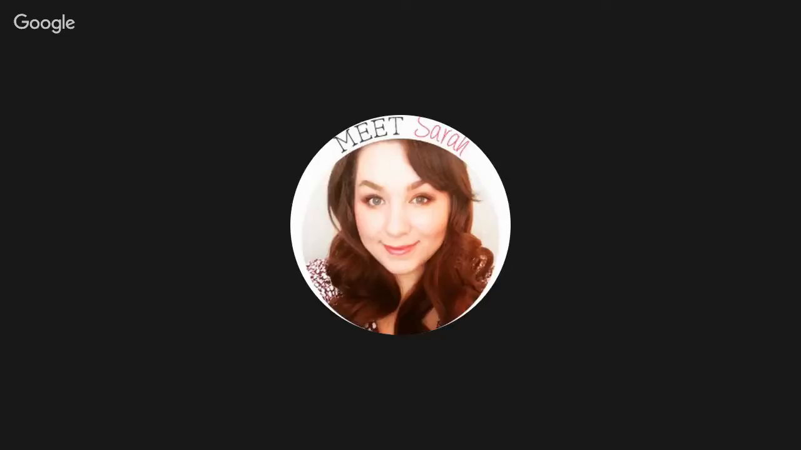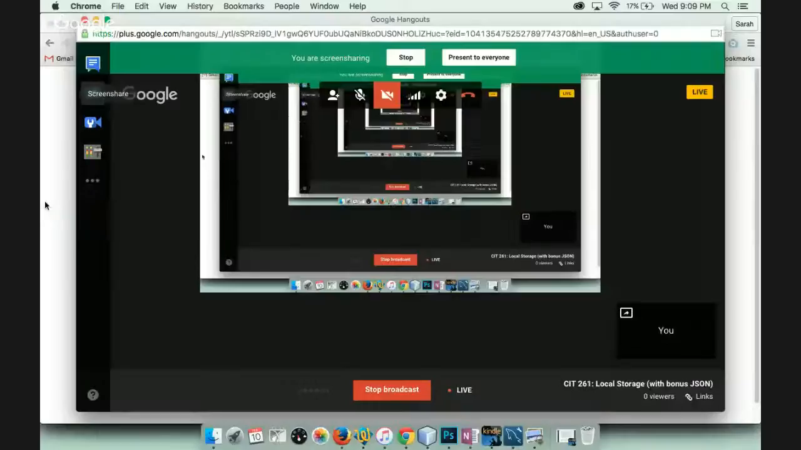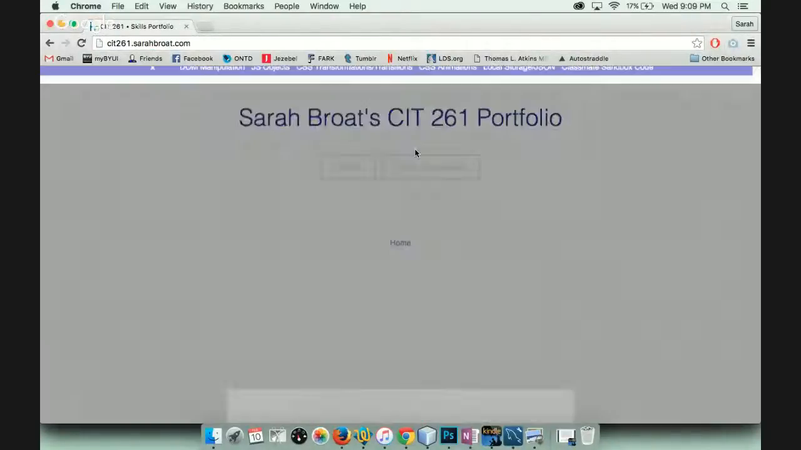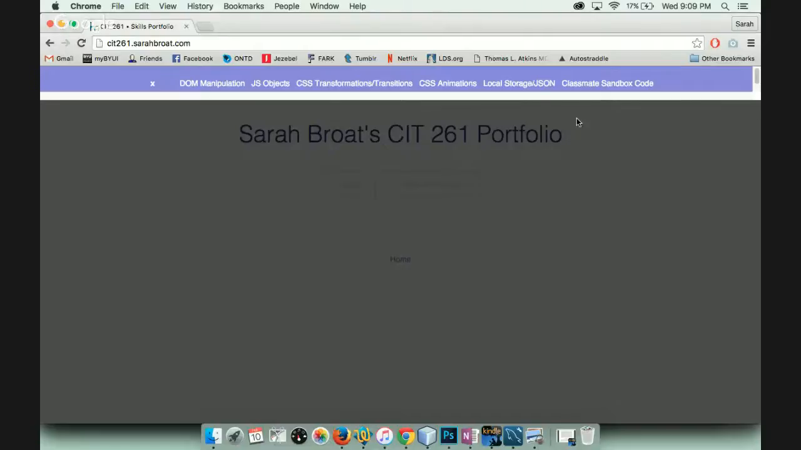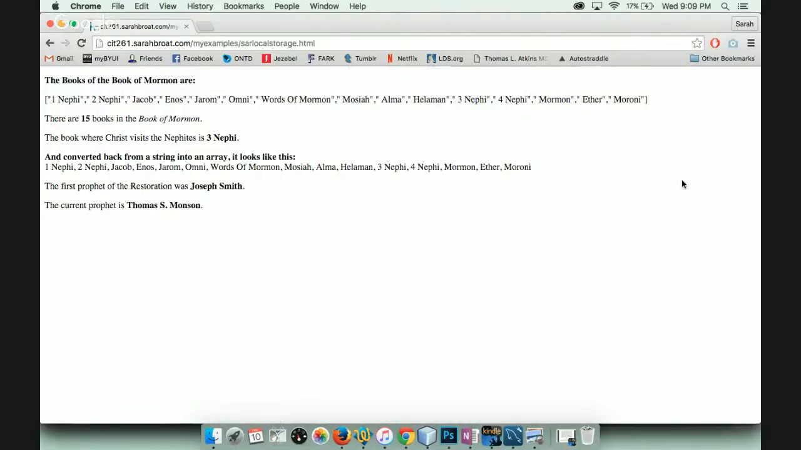This week, I'm going to talk to you about local storage with a little bit of JSON thrown in. And without further ado, I'm going to go and share my screen. So I did something pretty simple this week, and first I'm going to just show you what it looks like